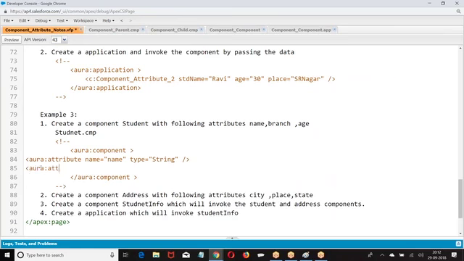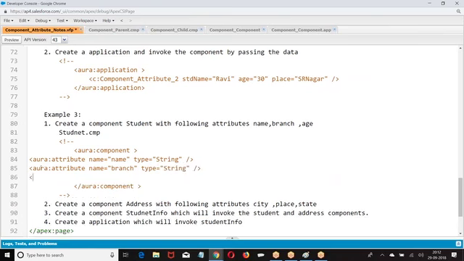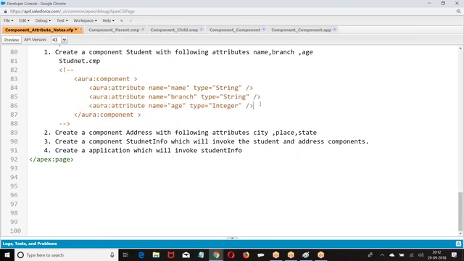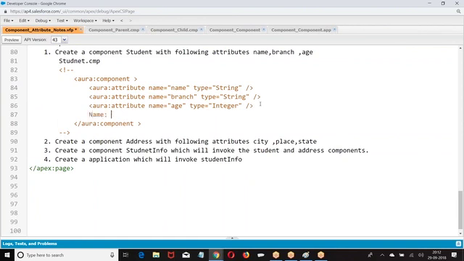Your attribute, name equal to branch. Attribute, name equal to age. We are calling the components, then it will print some data. We refer v dot name, just giving the br for the next line.